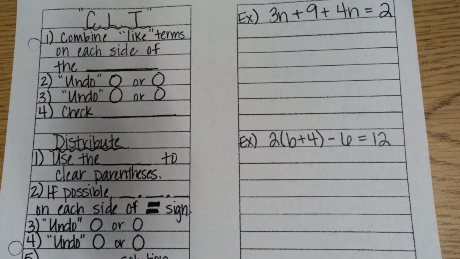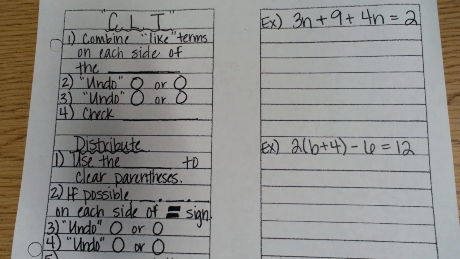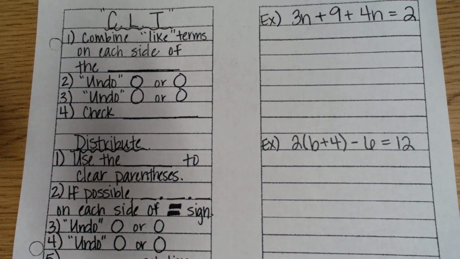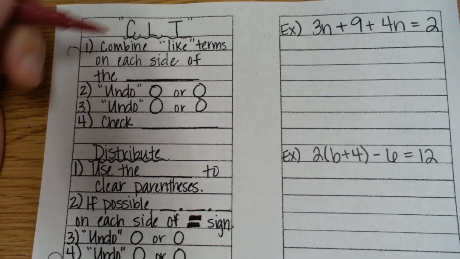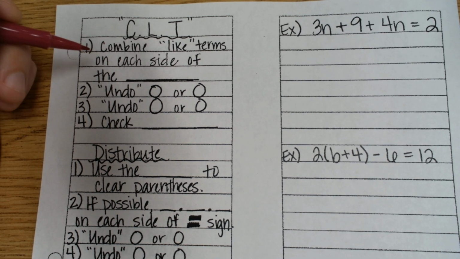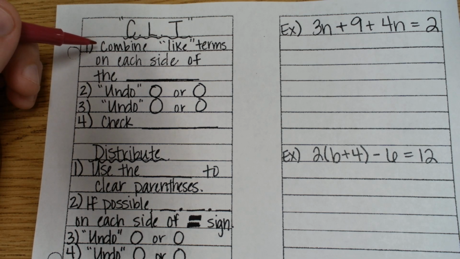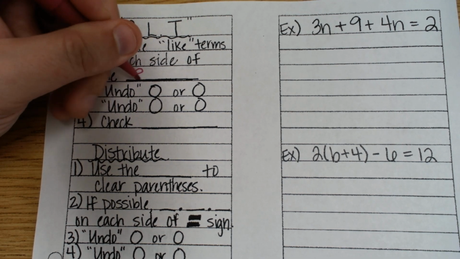All right, going to go over our notes here of combining and distributing and doing all of the stuff that we need to do in order to solve an equation quickly and efficiently. So, looking on the left side as our first example, first thing we're looking at is that combining of like terms. So we've done it with expressions, but now we're looking at it recognizing that when I combine like terms, I have to look on both sides of the equal sign